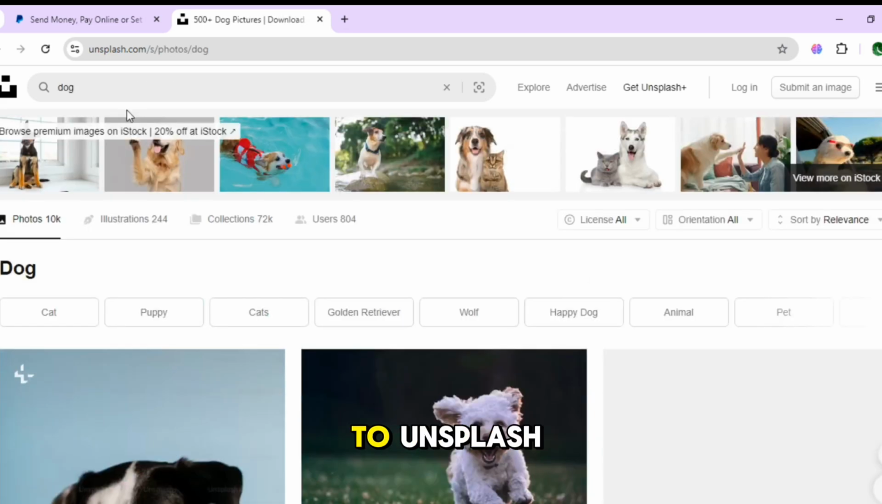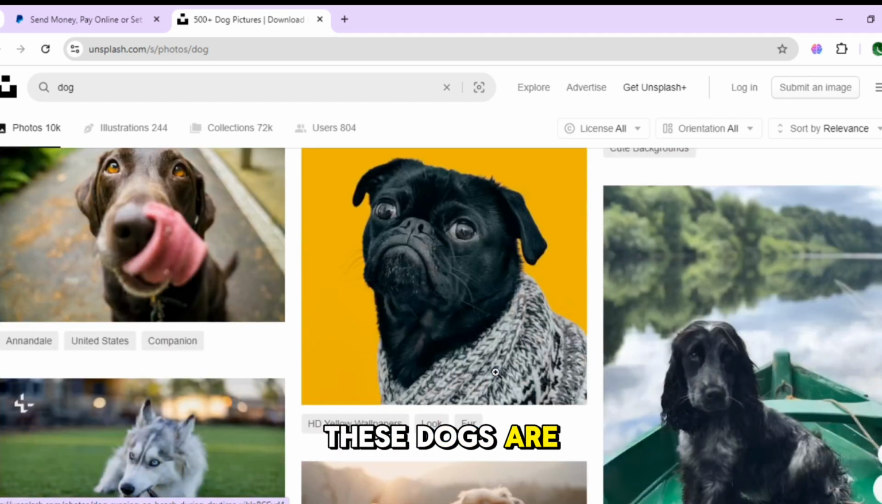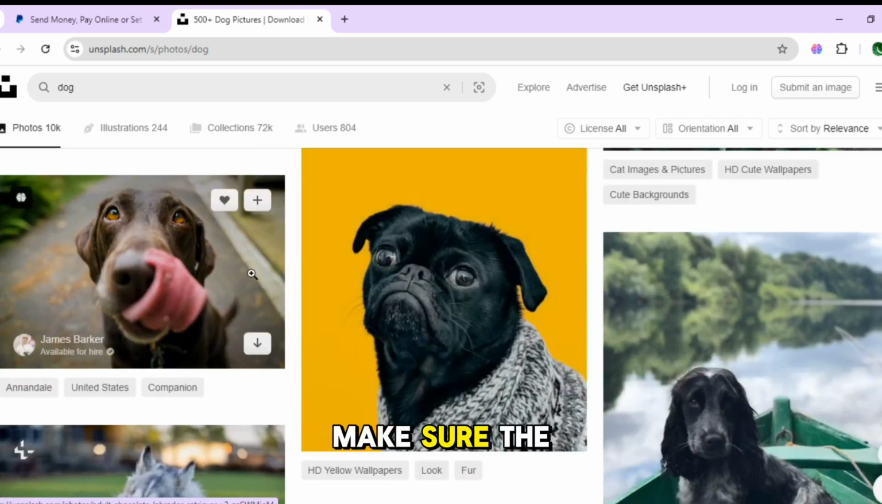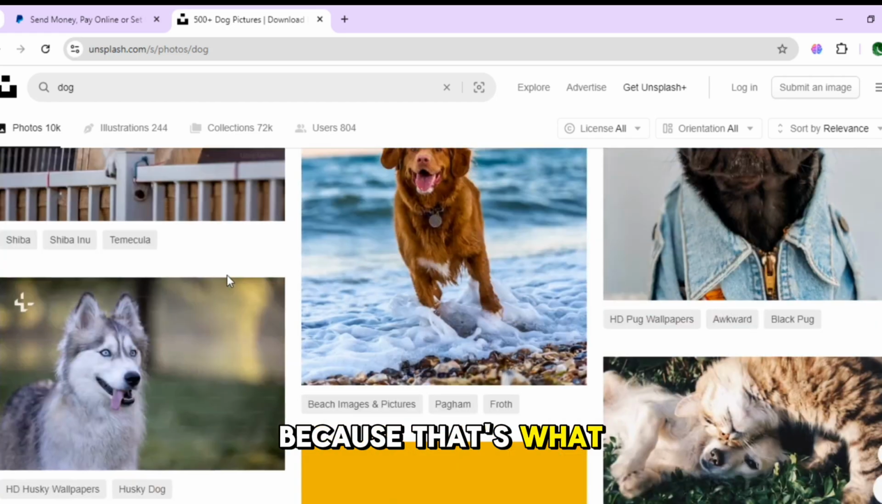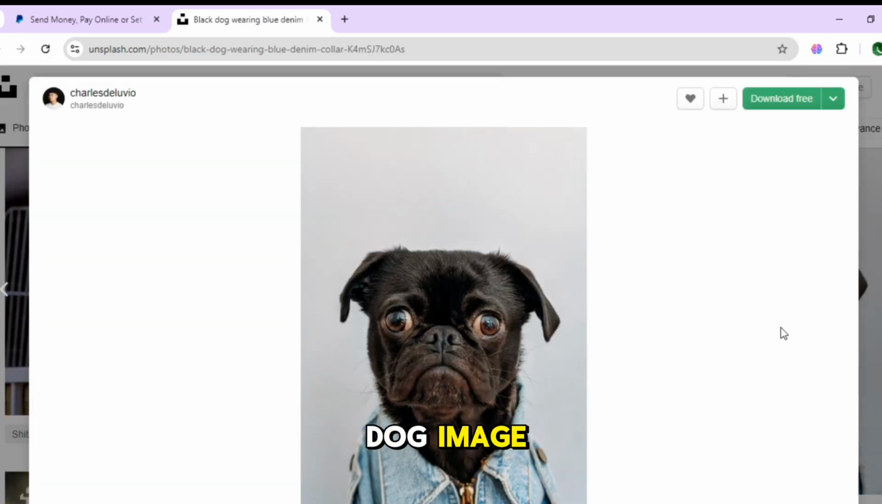So once you come over to Unsplash, I want you to search for dog in the search bar and press enter, and that's going to show us a ton of cute dog images. These dogs are really cute, and we need images just like this where a dog is either standing or sitting. Make sure the image only has one dog in it, because that's what we need for the purpose of setting up our passive income system. So for example, if you like this dog image, you can just click on it,